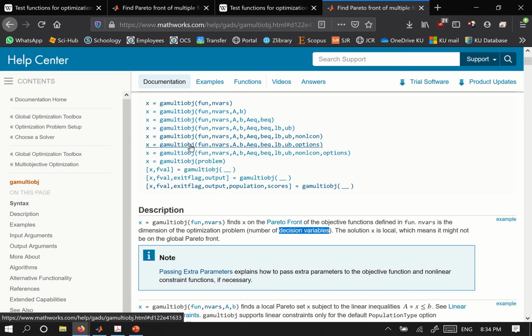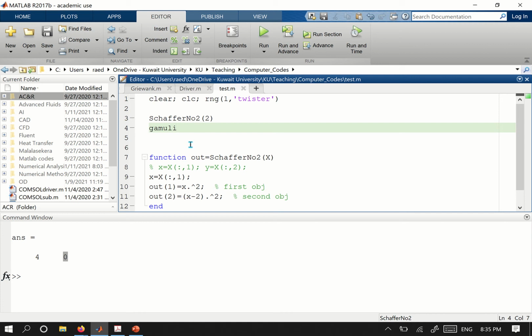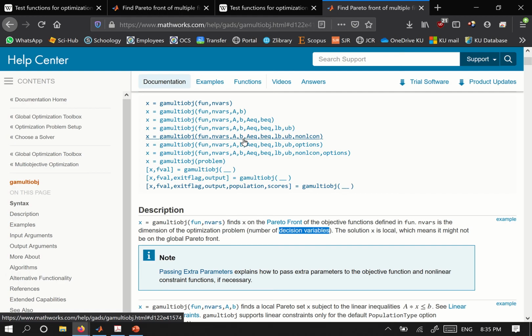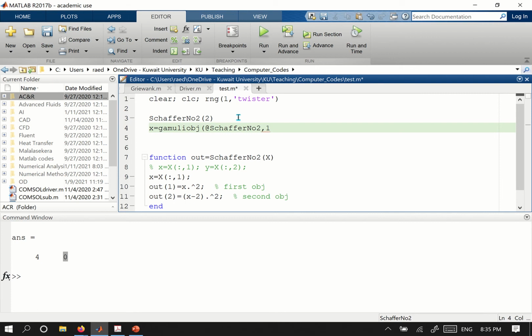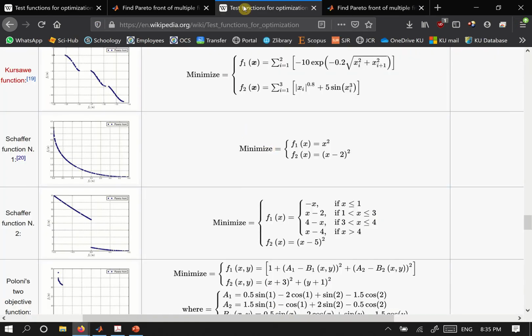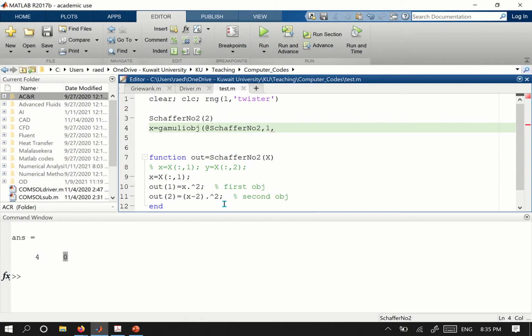So for now we just write gamultiobj. So let's say x is equal to gamultiobj of function handle Schaefer number 2, and number of variables is 1, and I have nothing else, since I didn't enter any constraints. So that's it. So if I write this,